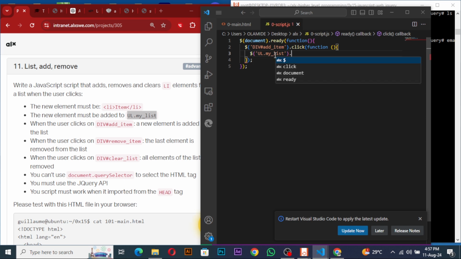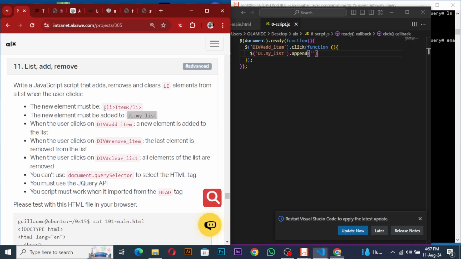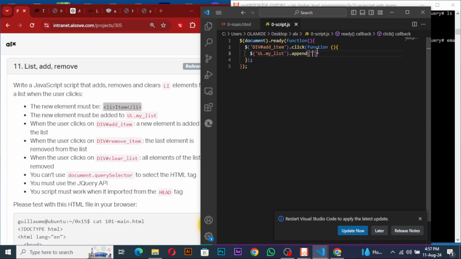Okay, so I want to append at this point. I want to append an item. And what's the item? It's a list item. And what's the item? This. Just the item itself. Copy. And then I would paste that inside. Can end it with a semicolon. And we're done with that function. Should it be inside? It should be inside the function. It should be inside the document function. So